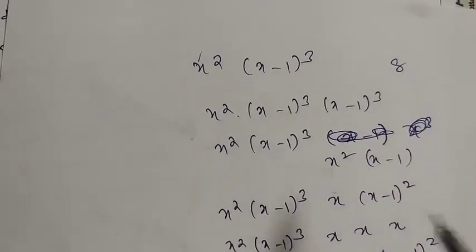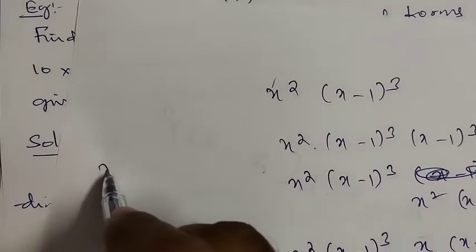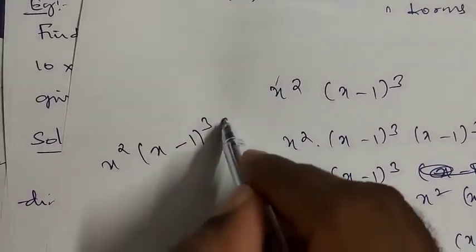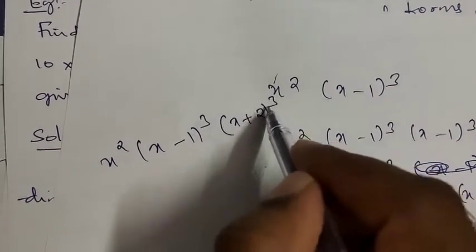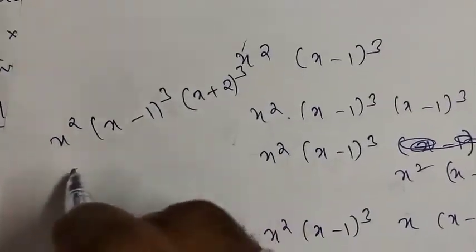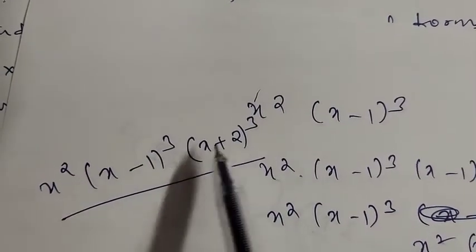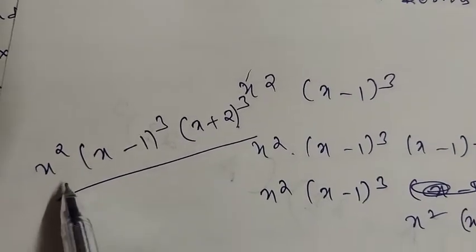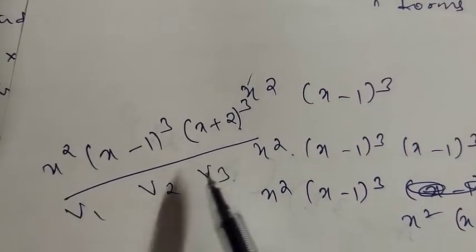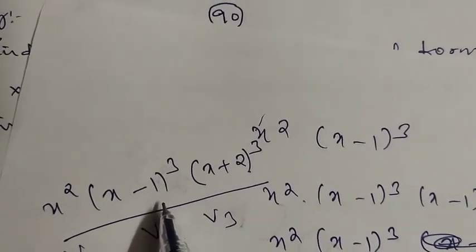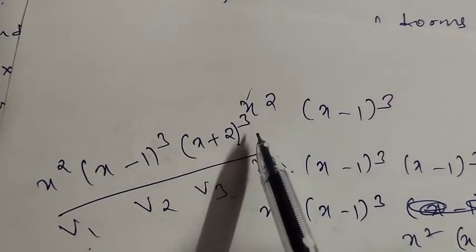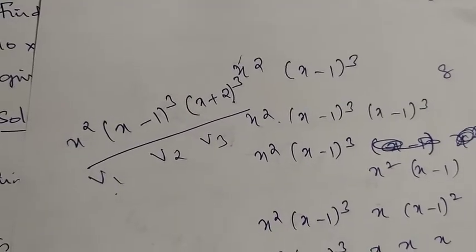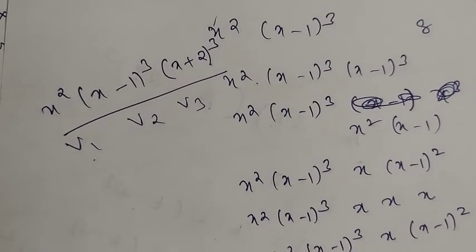But if they give directly the characteristic polynomial, say of order 8 cross 8, x square into (x minus 1) whole cube into (x plus 2) whole cube, then you can directly write, say, this is V1, V2, V3, so T1 square of V, (T2 minus 1) whole cube of V, (T3 plus 2) whole cube of V. Directly you can calculate the Jordan form. Only if they give the minimal polynomial will we have choices for the characteristic polynomial.